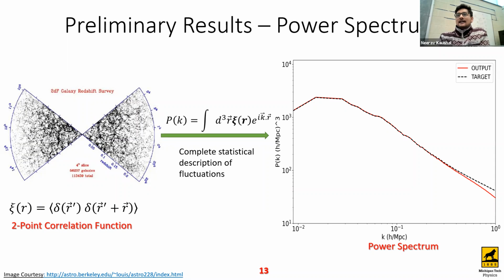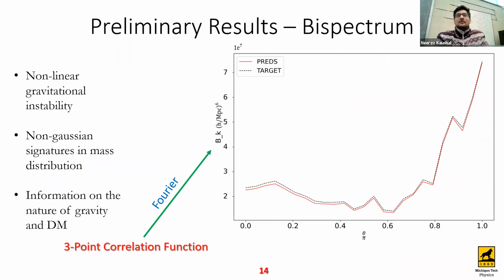As you can see, our target matches very well with our output. That means neural networks are predicting extremely well on linear scales as well as mildly non-linear ones. But on the right side, near 10 to the power 0, you can see that there is a deviation. The aim of this project is to reduce this deviation, because neural networks have to predict well on non-linear scales as well.